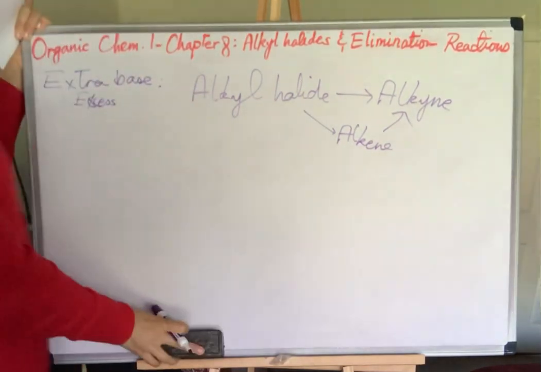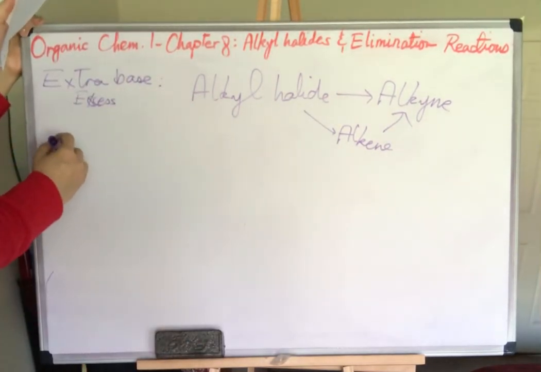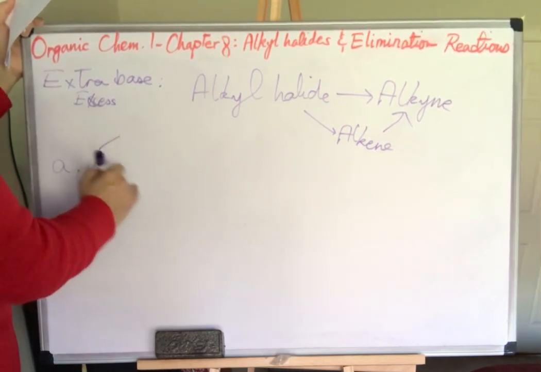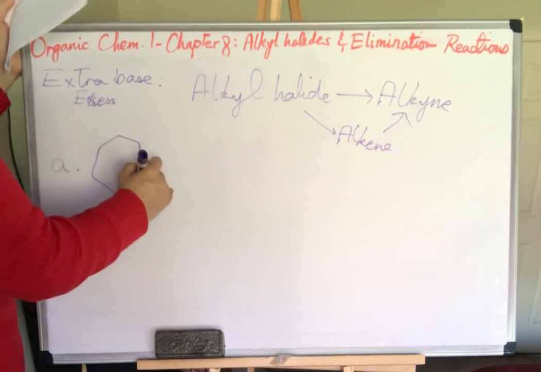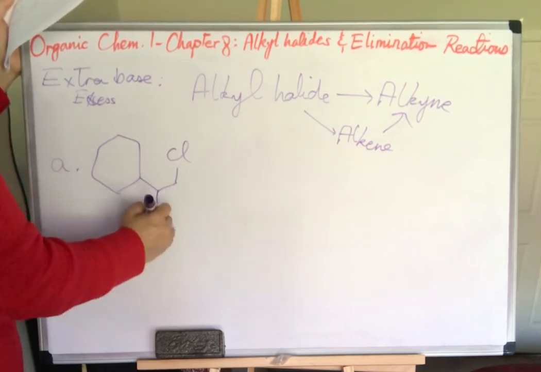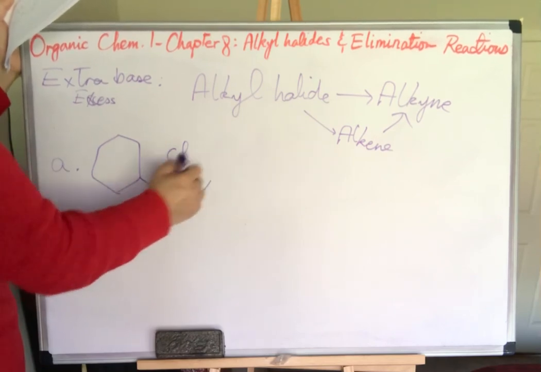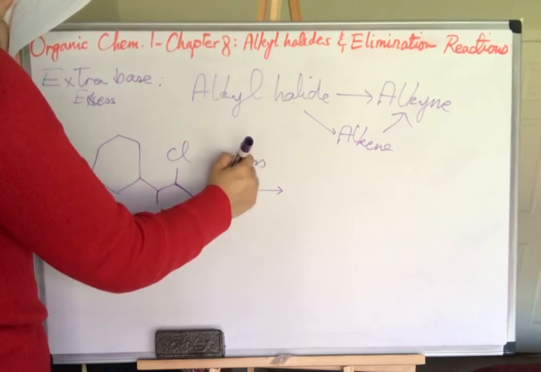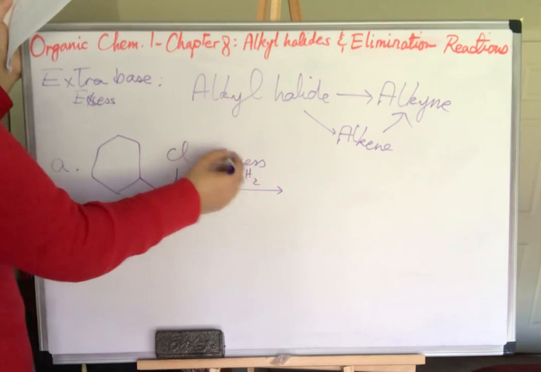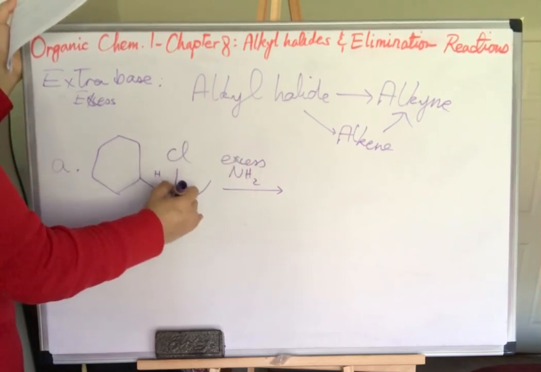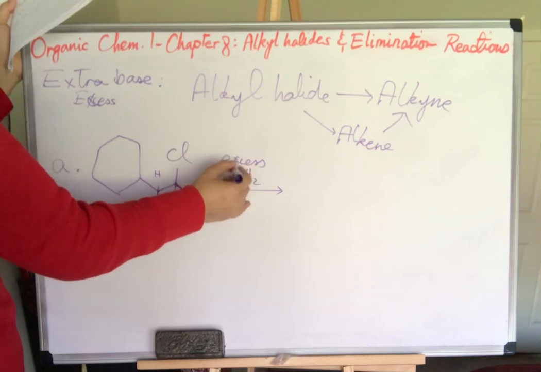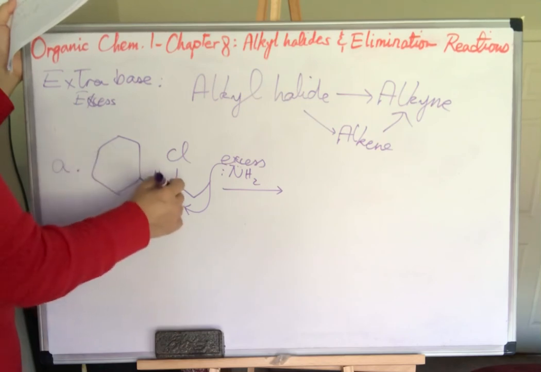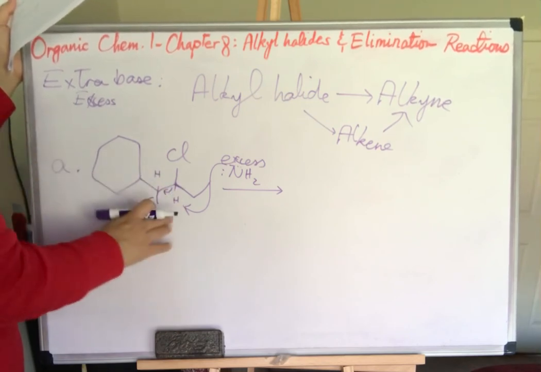The next question is asking for it. I will just work on A. It says draw the alkyne formed. It's a vicinal dihalide, right? In extra base, excess NH2. So first, you have hydrogen here, doesn't matter which one is being attacked first. This hydrogen kicking this